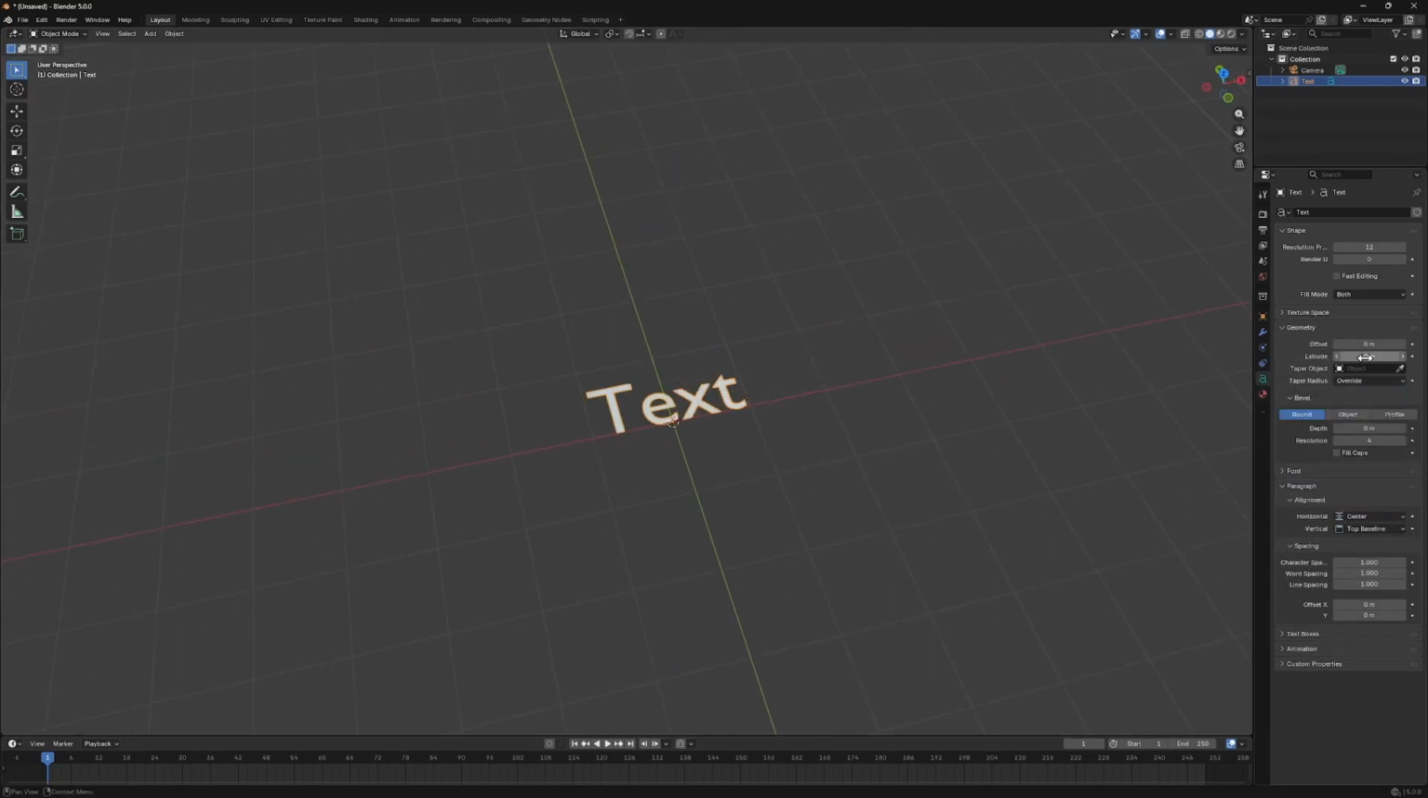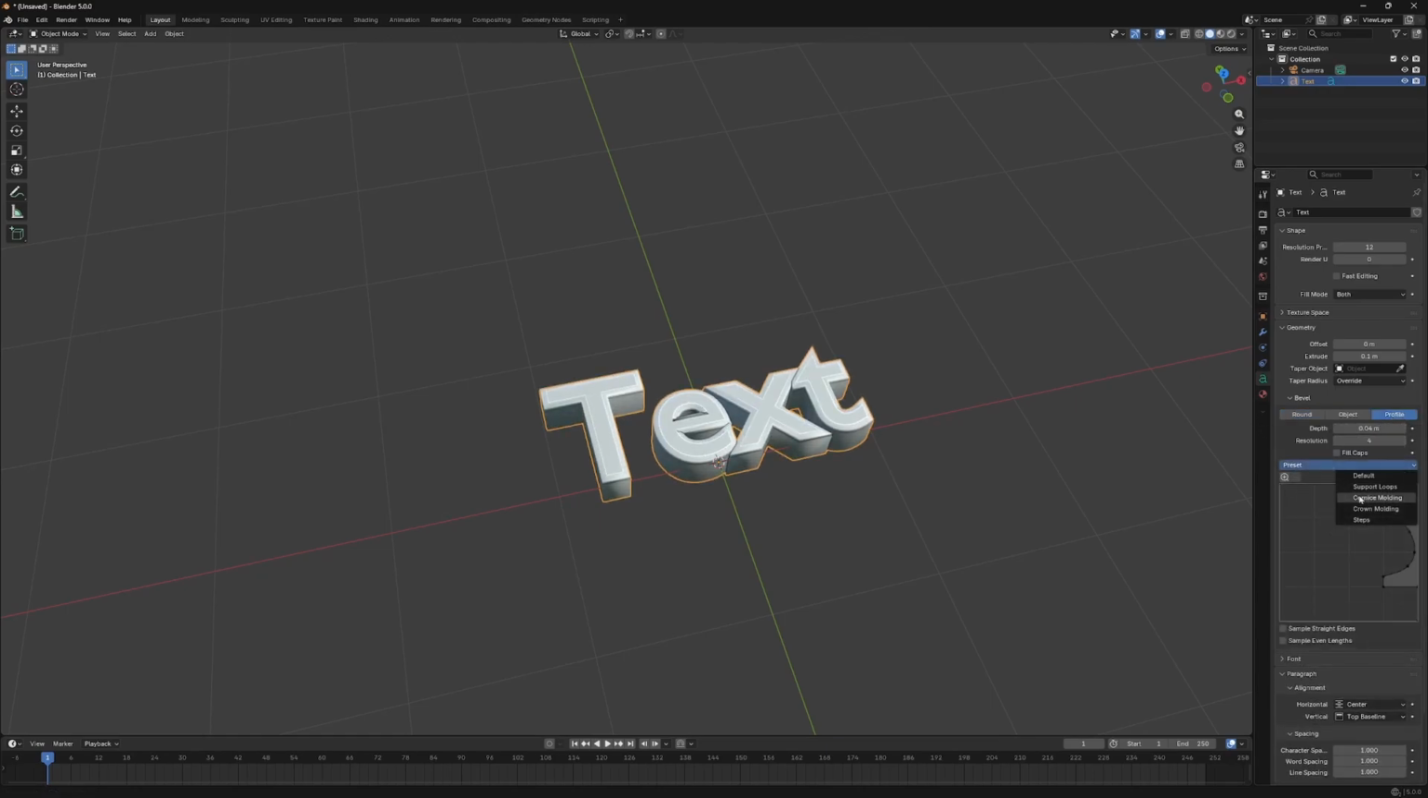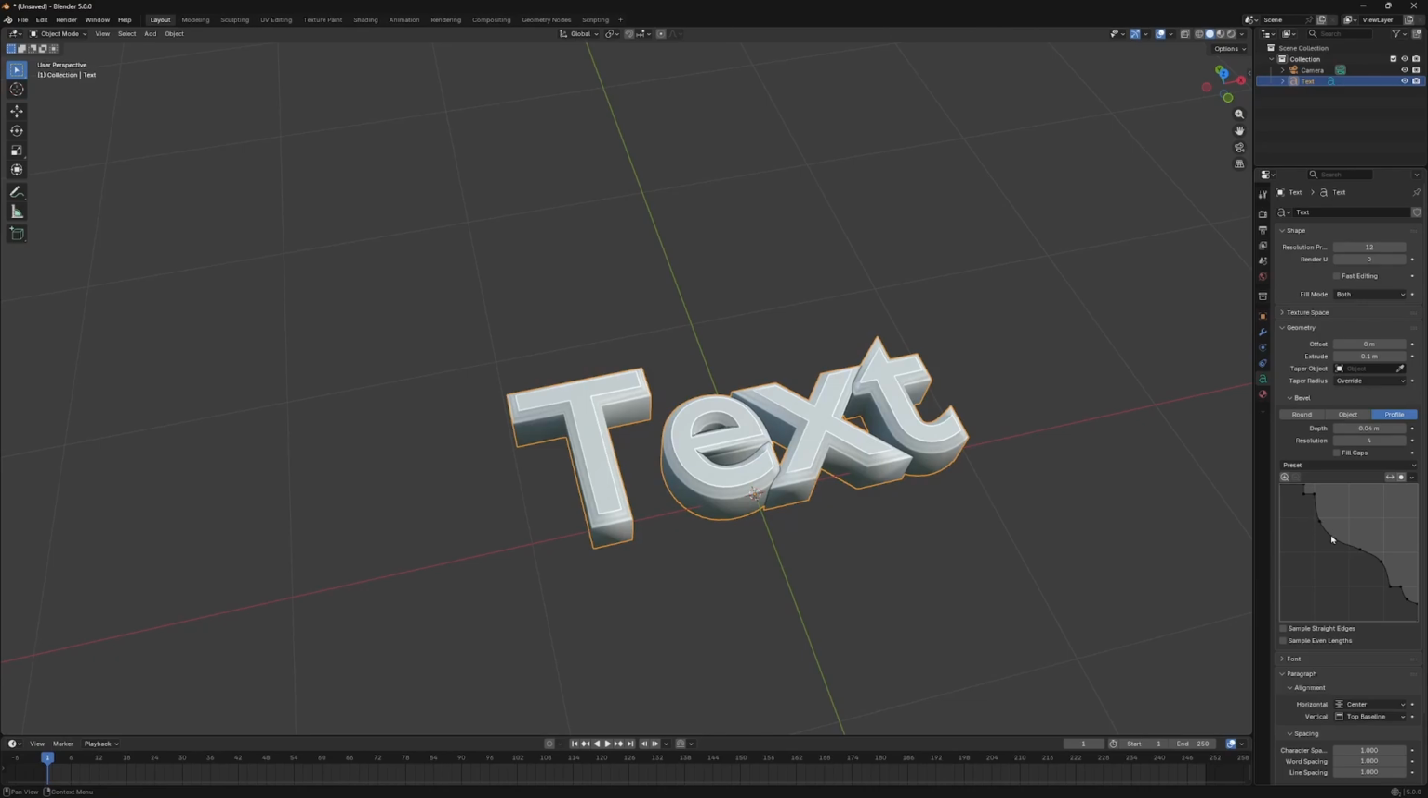Go in geometry, extrude it, give it a depth, don't go so far, maybe just like this. To give your text this effect, just go here in profile. And after you can play with this to make it as you want, or you can go just in default